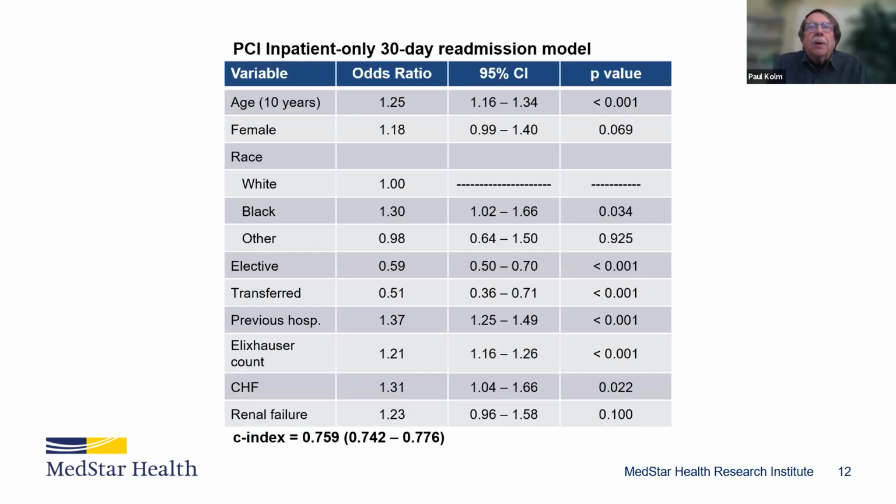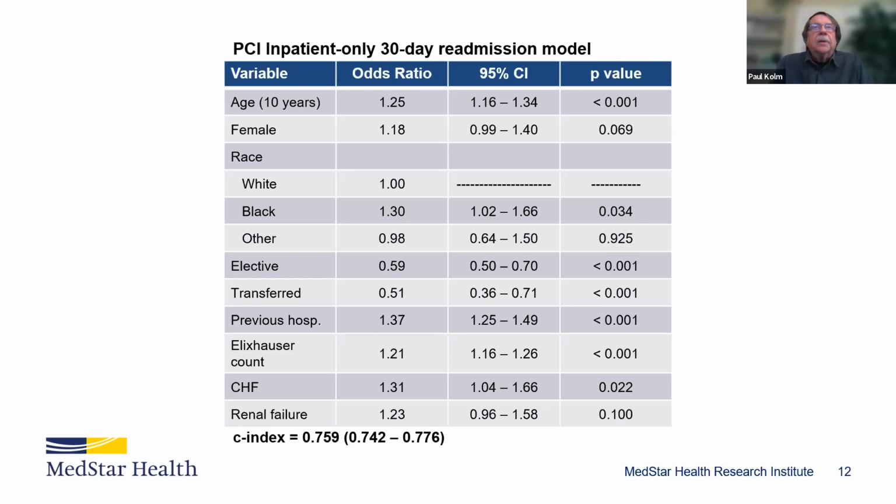And so I want to show an example here of results from a study we did some years ago, where we looked at percutaneous coronary intervention (PCI) patients and their 30-day readmissions. In this case, we just did whether they were readmitted within 30 days of discharge, yes or no. And so these are the odds ratios that we get with their 95% confidence intervals. For example, age, which I've done in 10-year units rather than 1-year units. So the odds ratio here is interpreted